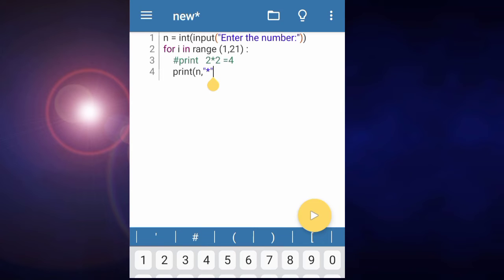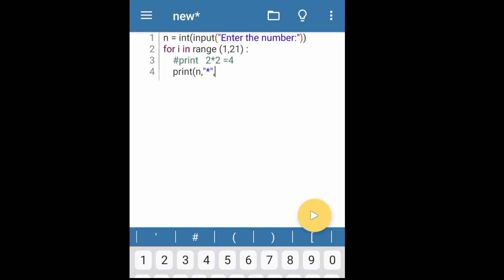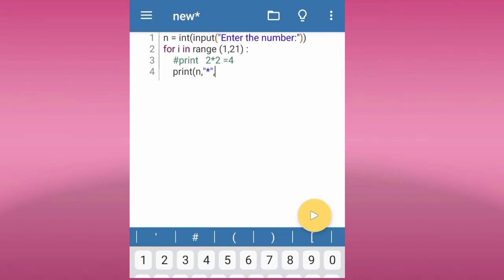After the comma, the second number, that is i, the second variable. Here we write i. After that, the equal to sign will be written, in double quoted text, is equal to.